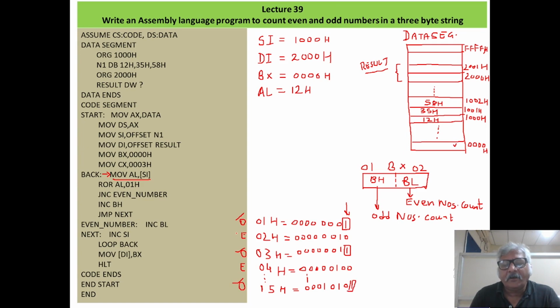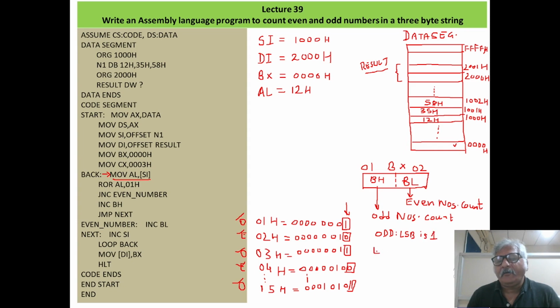Now you check the even number. See the LSB, this is 0. This is another even number 4. See the LSB, it is 0. Right? So we can conclude that for odd number, LSB, least significant bit, is 1. Always it is 1.